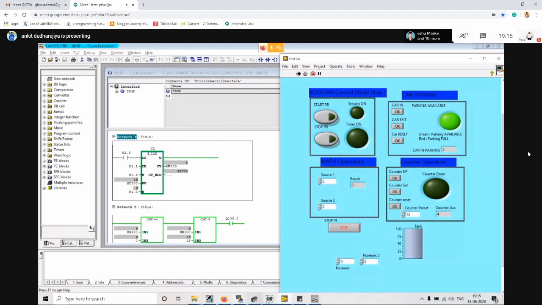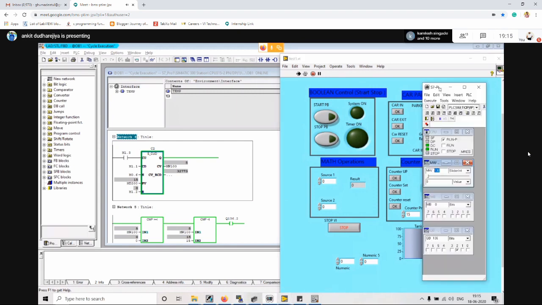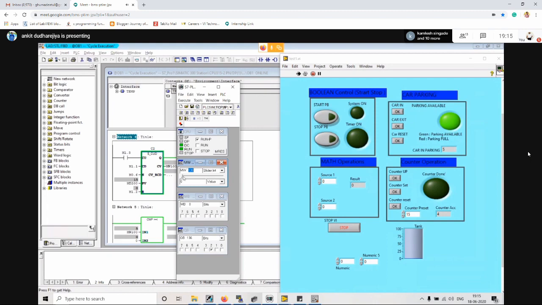Another logic I have prepared is to fill the tank. I have one tag whose value is 0 to 100, which comes from the input. Right now I don't have PLC hardware, so I'm simulating it directly from here. Whenever I increase this, you can see the tank value getting filled. Now it is at 74, and you can see 74% is filled. If you have hardware, you can simulate the same thing directly with the hardware.